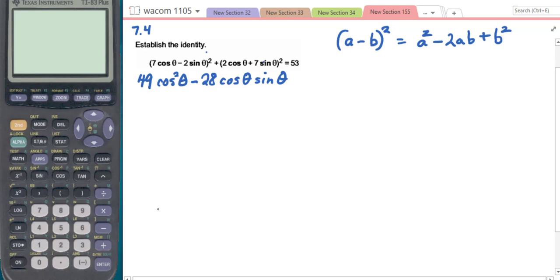Right, then we'll have plus, and we're going to square the last. 2 squared will be 4, and we'll have sine squared theta. That is the first one. The next one they gave to us in the example problem, but we can work it out here. All right, it is also squaring a binomial. So we're going to do the first squared. So 2 squared will be 4, plus cosine squared, not a plus in between, but 4 cosine squared